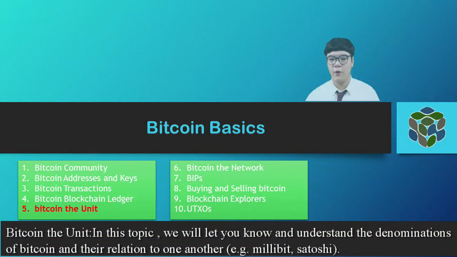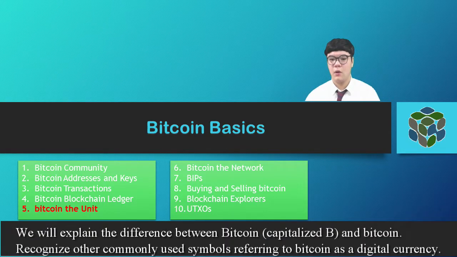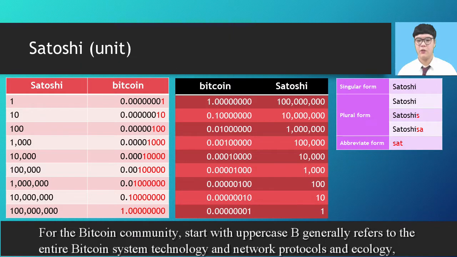Topic, we will let you know and understand the denominations of Bitcoin and their relation to one another. For example, millibit, Satoshi. We will explain the difference between Bitcoin, capitalized B, and bitcoin. Recognize other commonly used symbols referring to Bitcoin as a digital currency. For the Bitcoin community, Bitcoin starting with uppercase B generally refers to the entire Bitcoin system, technology and network protocols and